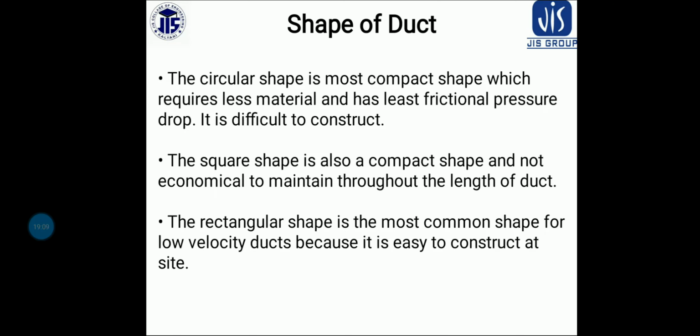Okay, so now let us discuss the duct size, shape, material and construction. So here, the duct has to be so sized that it is accommodated within the available space. Air, like other fluids, while passing through a duct suffers a pressure drop due to friction. Okay, the larger the quantity of air passing through a given cross sectional area of the duct, the greater will be the frictional loss and pressure drop.